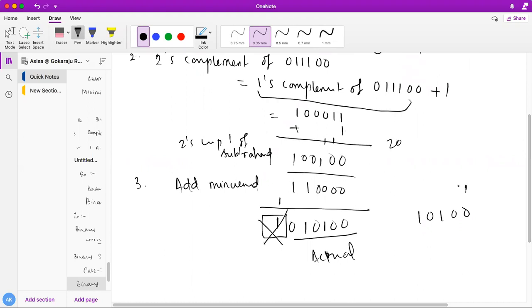See here, this is 1, 2, 4, 8, 16. So 16 plus 4 is 20. So I have achieved 20. So very simple: if a carry gets generated here, you just have to discard it. In the 1s complement technique, if a carry gets generated, because it's an odd complement technique, you just need to add that carry to the result to get the original result. Okay, did you all understand, students? Still any doubt, please let me know immediately.